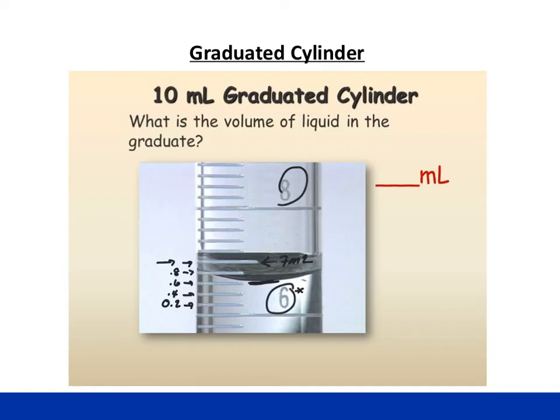Okay, so we know that it's going to start with 6. We know that our minor markings are going up by increments of 0.2. So it looks like our meniscus is between the 0.6 and the 0.8 marking. And we're going to have to estimate some value in between because we'll see that that meniscus is not precisely even with the 0.6 marking or the 0.8. So it's entirely appropriate to call this measurement 6.7 milliliters.